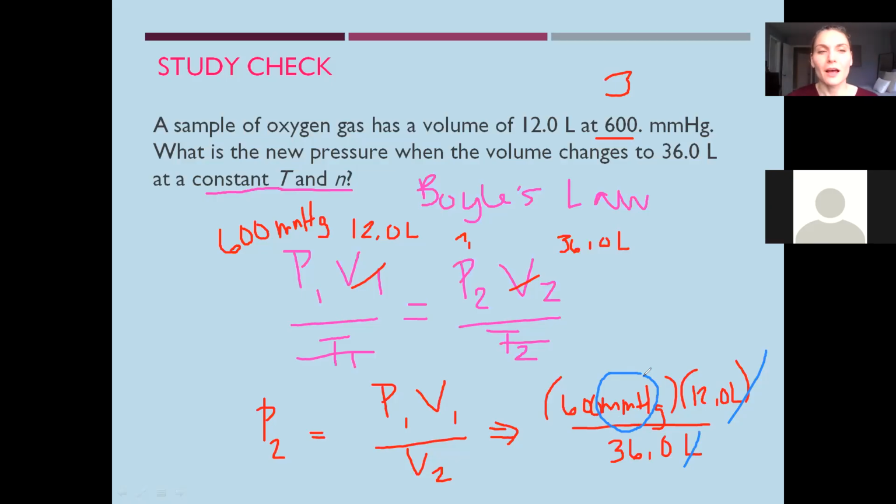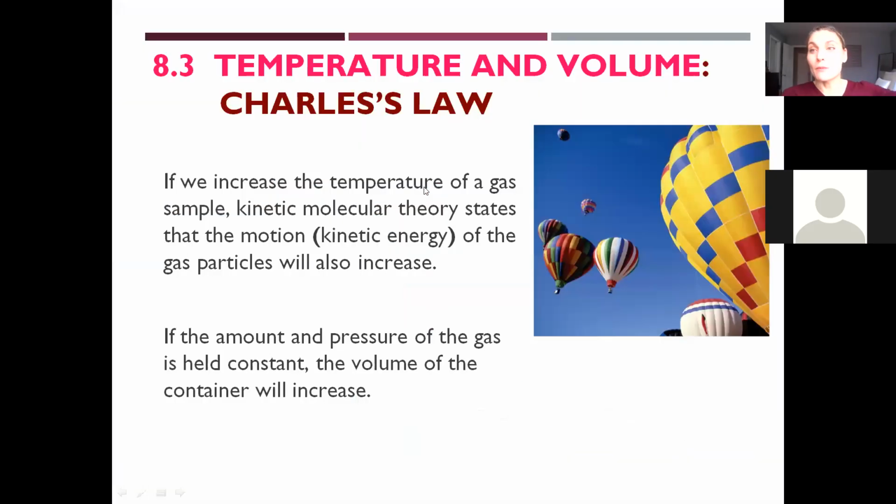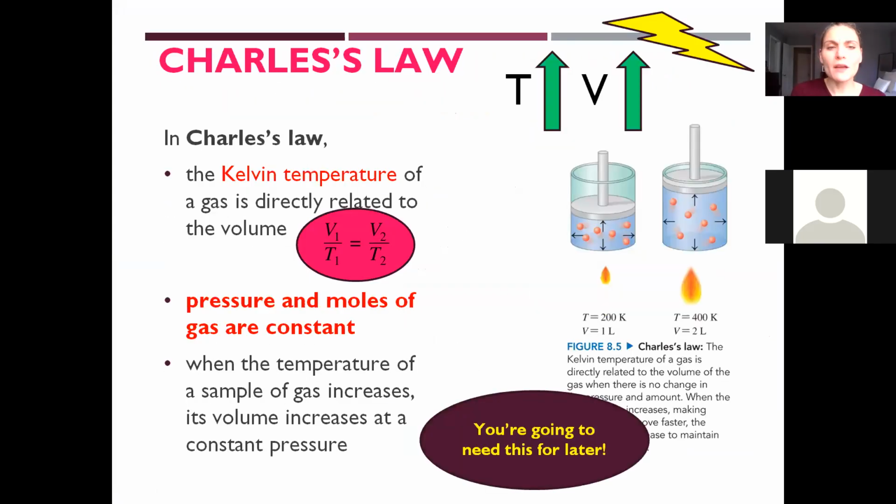Very good. All right, so I'm not going to go ahead and calculate it. We already calculated this in class last week, but I wanted to go back through and make sure this made sense. Now, again, when we think about this, then we have Charles's law. And for Charles's law, we are going to think that pressure is constant. So again, when we think about that combined gas law, this makes life a little bit easier. Now you're worrying about V and T, volume and temperature.